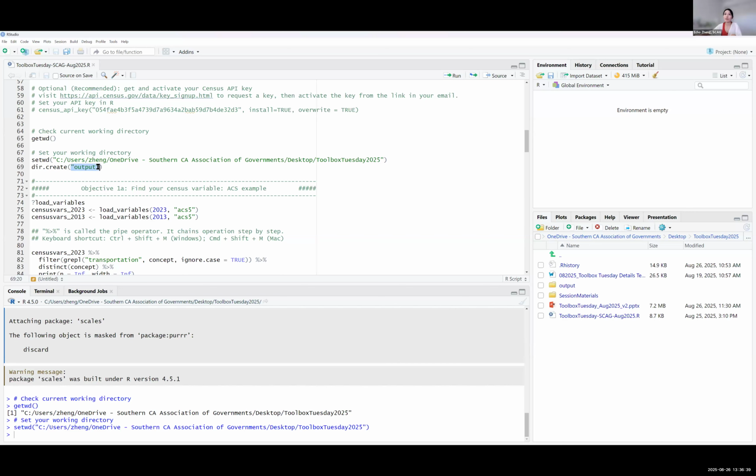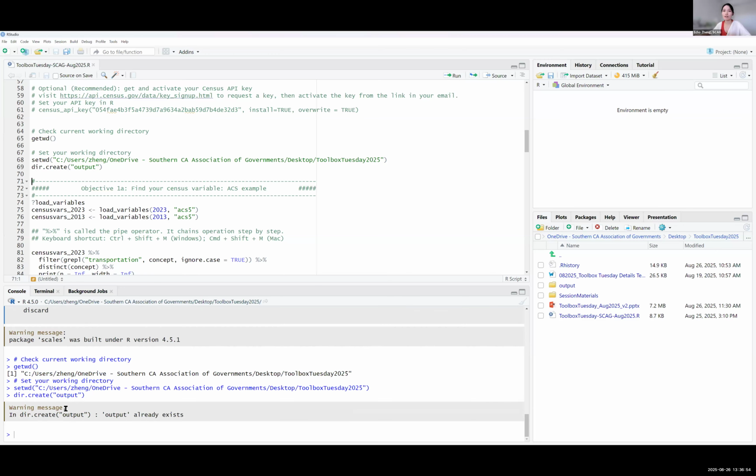And inside, I just put the name of this subfolder. So this step is also optional, but I thought it'll be helpful to do a little more typing as a warm-up before the session. So you run this, and I get another warning message because I already have this. But again, with a warning message, sometimes it's okay, it will still run.